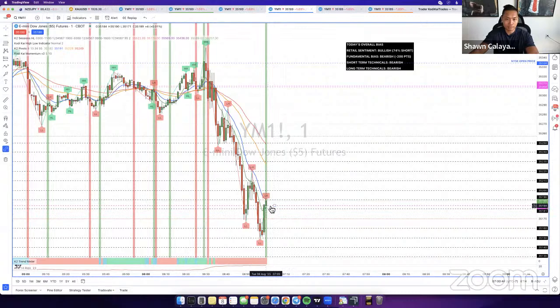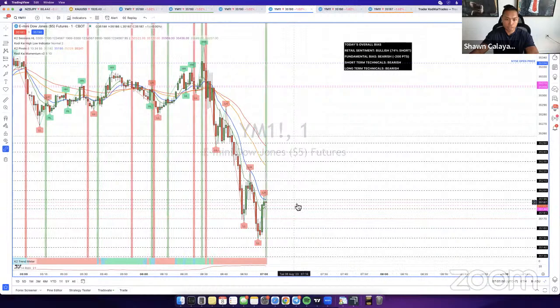I just need this buy signal here to close. Once it closes, that can establish and confirm the retracement. Once we confirm the retracement, then we'll look for a sell signal to confirm the continuation. Once we get that continuation to the downside, we look for the retracement and possible entry.